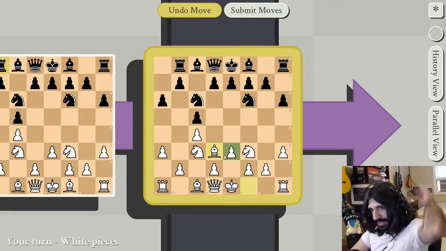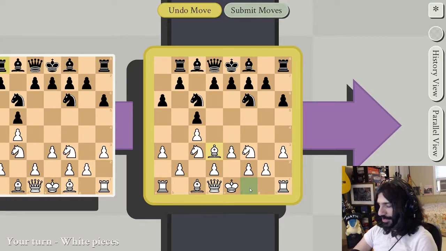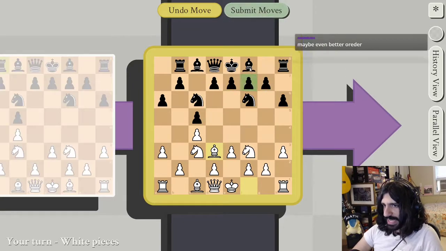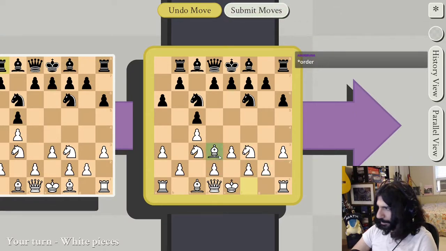You usually want to take this bishop off of its home square. I mean, if I've said it once, I've said it 1,000 times. The bishop does a lot of work on its home square. A lot more than it may first seem. Maybe even better order, possibly. The problem is that the black pieces aren't mobilized in a way that can capitalize on the bishop leaving first. But...